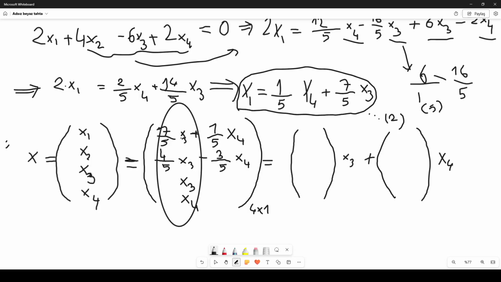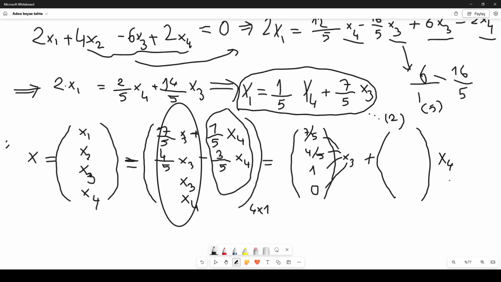I can write it this way, and I can use this one as the second column. So how can I write it? I can just plug the coefficients here, right? So 7 over 5, 4 over 5, and 1, and 0. If you notice, if I multiply each term by this coefficient, x3 and x4 may